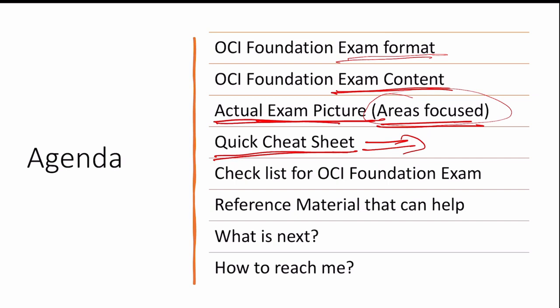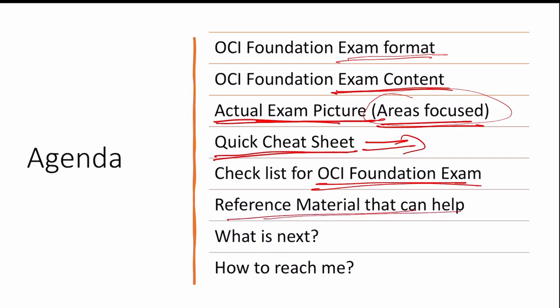Next we have the checklist for the OCI Foundation exam. After going through the cheat sheet, we will go through the list of services where we need to focus too much from the exam perspective. I don't remember each question, or I would say we are not allowed to share questions due to NDA policy, but I remember the services that can surely help you for this exam. If you go through those services, I'm pretty much sure that you will crack this exam in the first attempt. Next we will talk about the reference material,